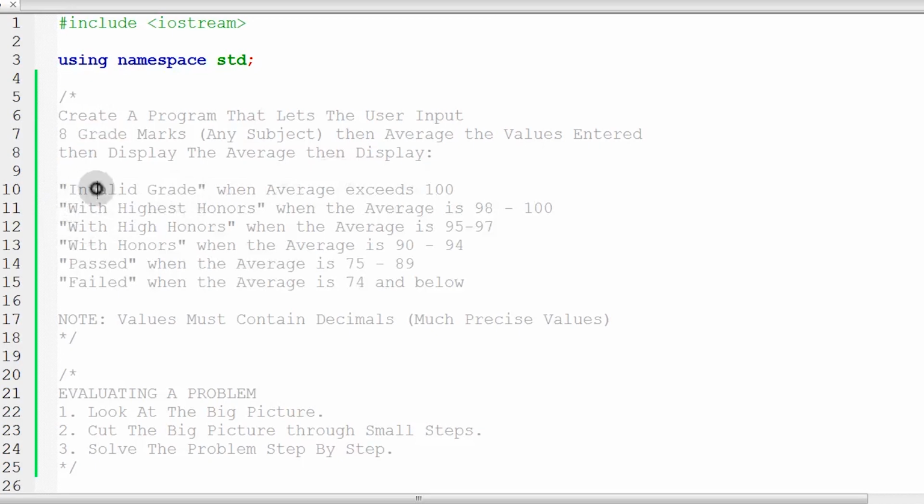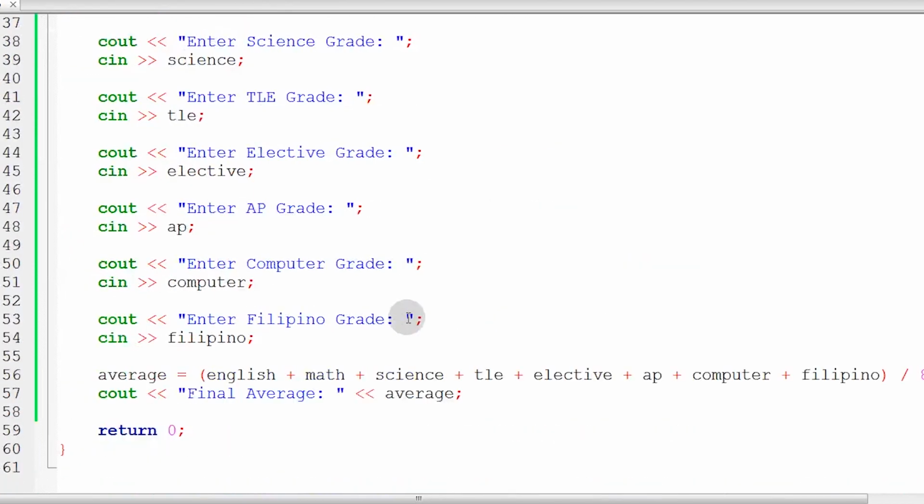Invalid grade yung ipiprint natin when the average exceeds to 100. So, paano gagawin doon? So, let's go here sa pinakababa. Then, check natin. So, alam nyo na yung syntax ng conditional statement. Kung hindi nyo pa alam yung C++, then panoorin nyo muna yung buong series bago kayo bumalik dito para mag-training for C++ week. So, ang check natin is if